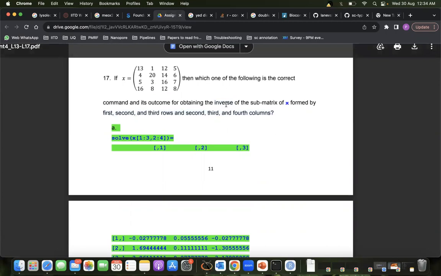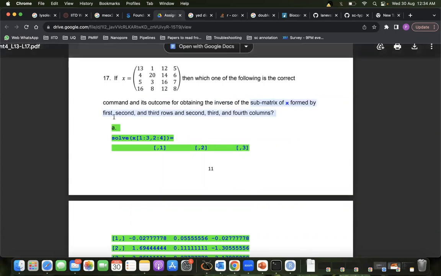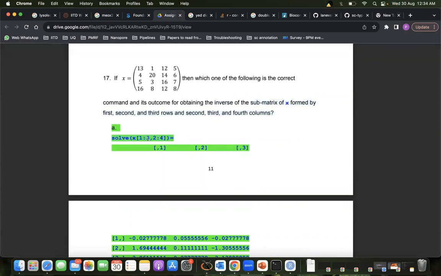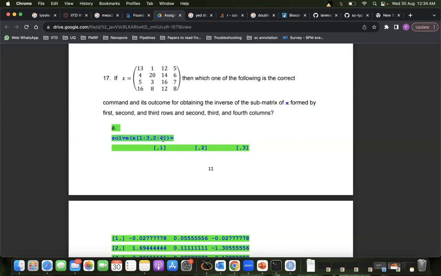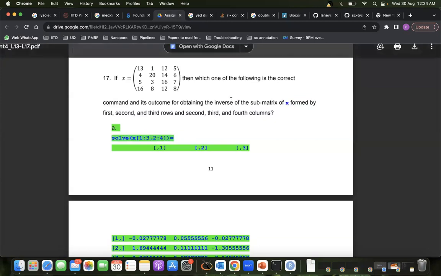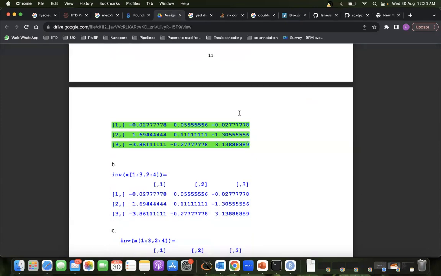First, since you want to find the inverse of something, that something is what you need to make. So first, second, third rows, and second, third, fourth columns, which is 2 to 4, you make that. So you write x square brackets, those values, and then you write solve to get the inverse of that submatrix. Okay, I hope this one's okay.